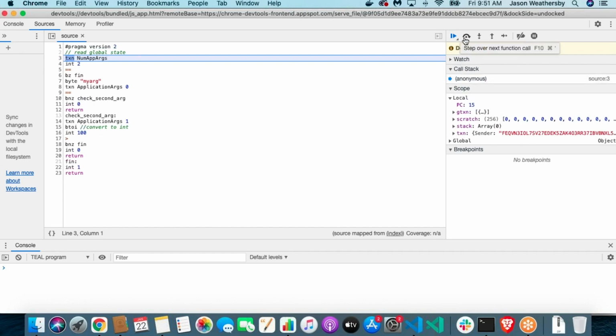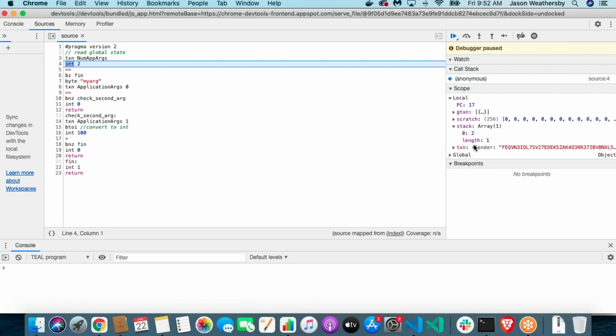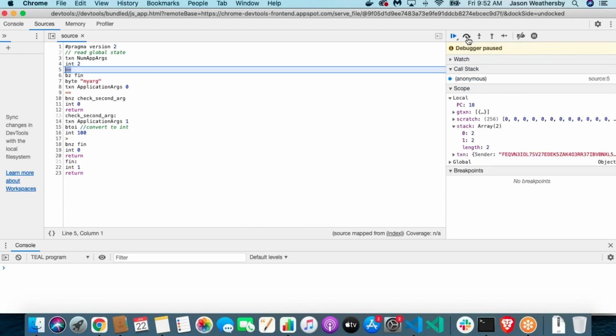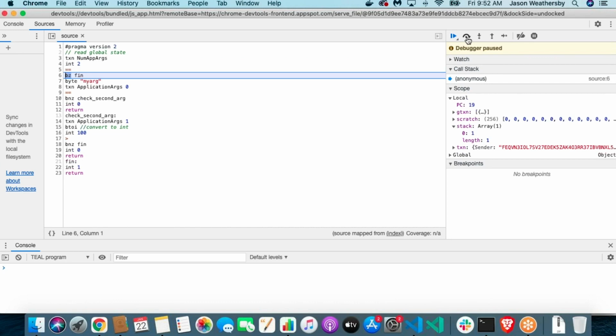I used essentially the same call I used in the previous debug session, which means I have 2 transactions. Number of app args says how many arguments were passed in this transaction, and I'm looking at the stack and it says that was 2. Now I'm loading int 2 on there, saying are those 2 equal? If those weren't equal, we would bounce to fin